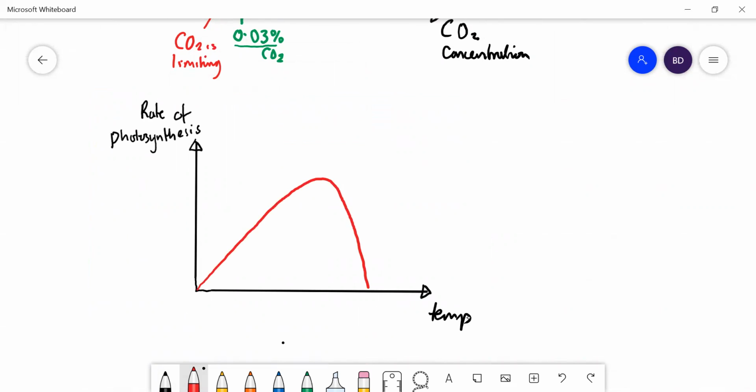Up to this temperature here, and that temperature is about 40 degrees C, in this part of the graph,